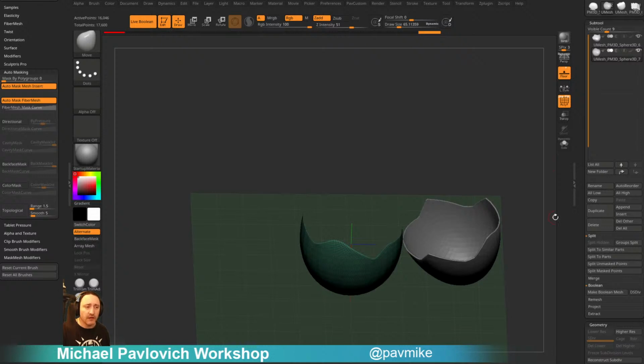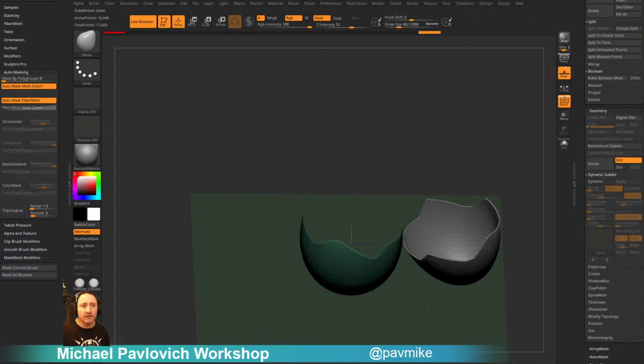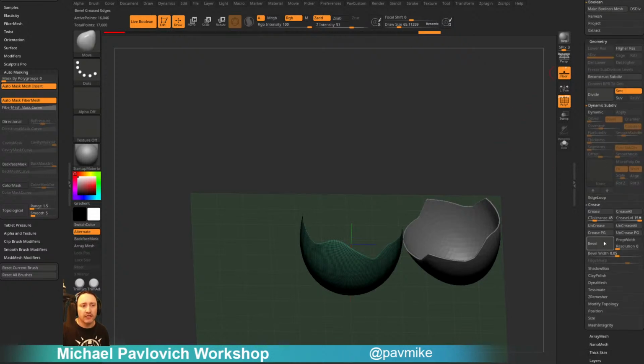Usually 90% of my crease groups are done with this crease tolerance, that angle. So any program you bring your model into, you can usually do the exact same thing. Like, hey, crease my edges at this angle, and then do a little bit of crease selection, and then you're back to where you started. So worst case scenario, you can get your creases back pretty quickly, even if they don't transfer that great. I know it's a pain, but